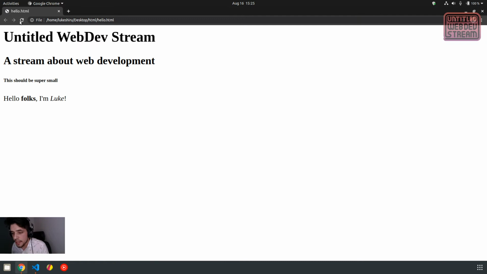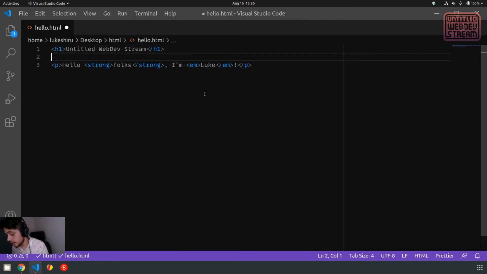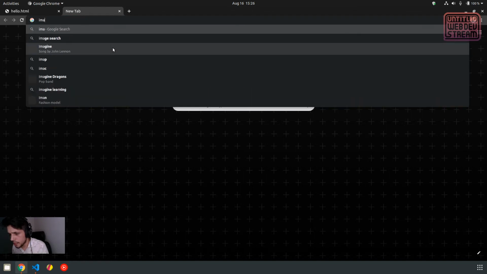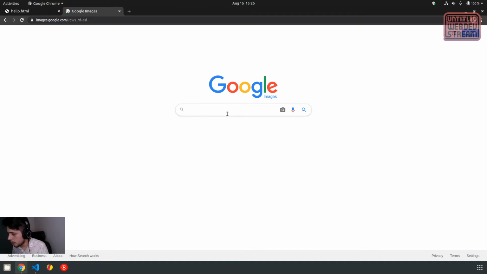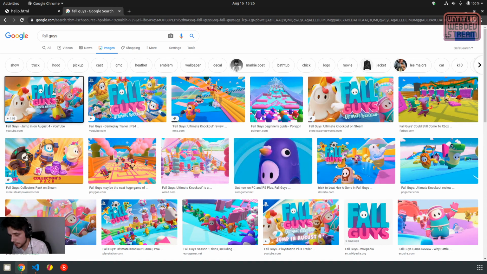For now, this just looks like a boring piece of text in Word. Like, I can do this in Word, so why should I write code to achieve the same thing, right? So we can start making more interesting things, for example using images and stuff like that in here. So let's put an image in here. Let's look for one. Images.google.com. What should I look for? Fall Guys. This is a pretty popular game right now. So yeah, let's